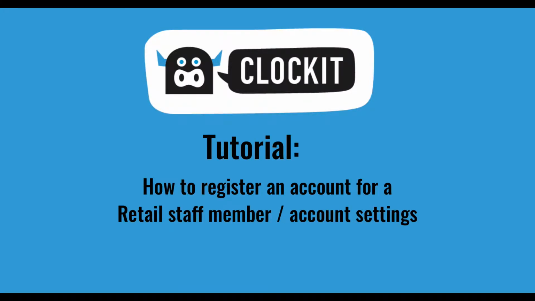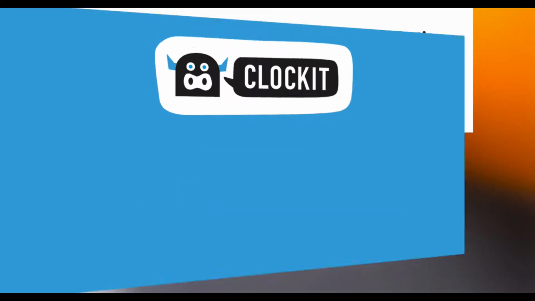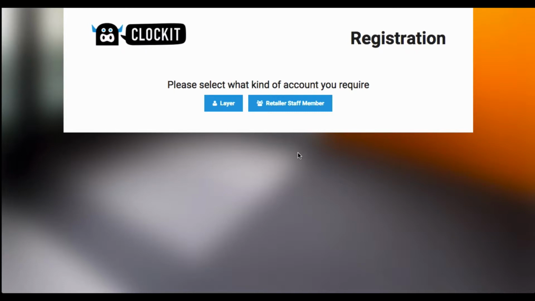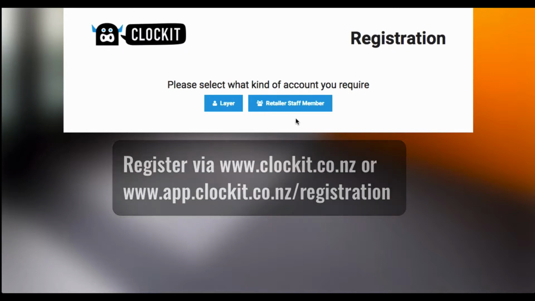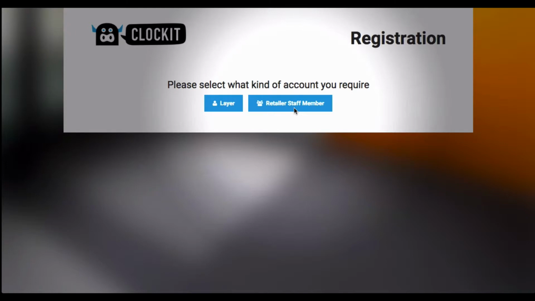Today we're just going to go over the simple process of registering an account and how to set up an account as a retailer or a retail staff member. Simply click on Retail Staff Member here at the app.clockit.co.nz registration page, which can be found via www.clockit.co.nz or by app.clockit.co.nz/registration. So click on Retail Staff Member,